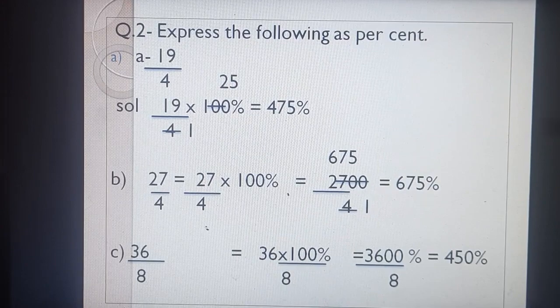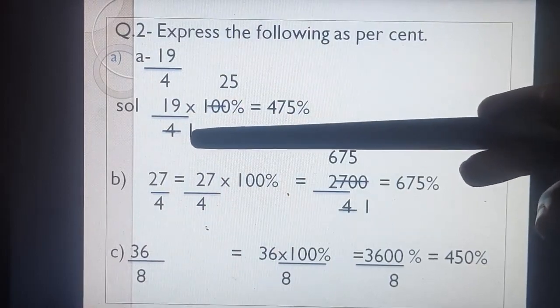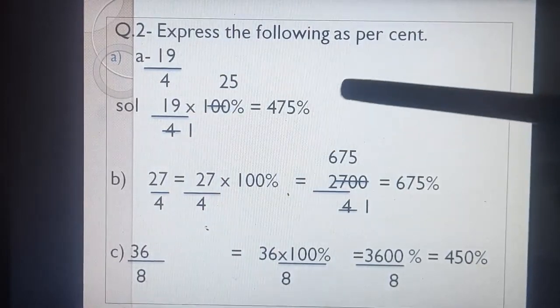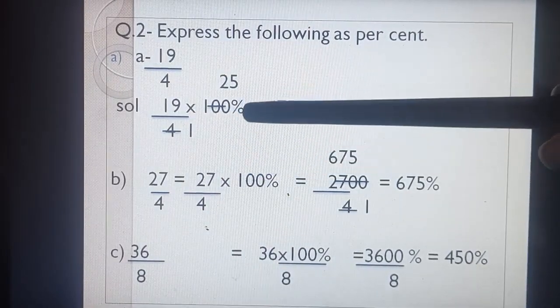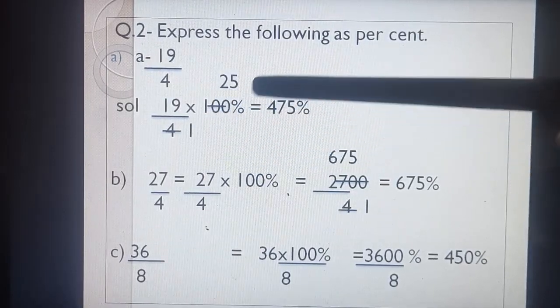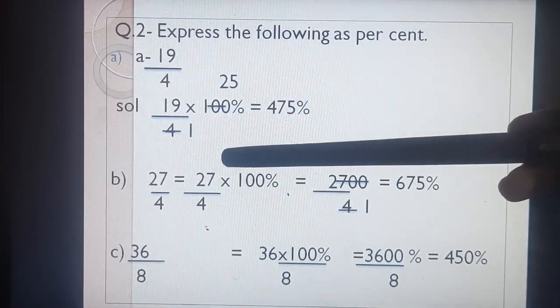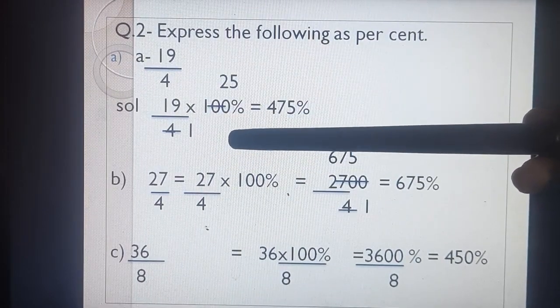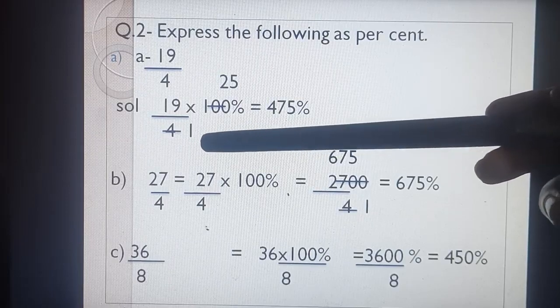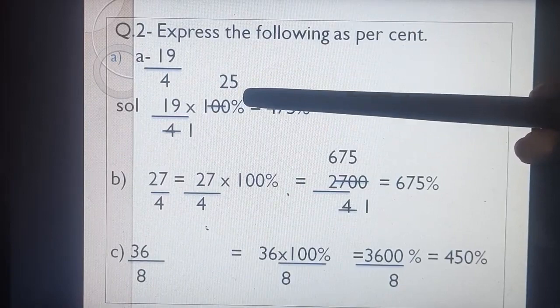Understood? So when there is a fraction having denominator other than 100, so you have to take 100 by multiplying and dividing by the same number. सेम 100 से हमने मल्टीप्लाई किया, 100 से ही डिवाइड किया, then there is no change in our given number, given fraction. और जो डिनोमिनेटर का 100 था that has become percentage.